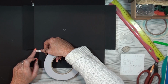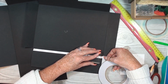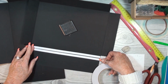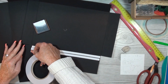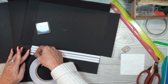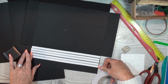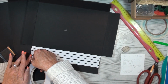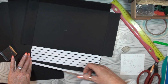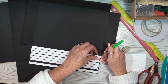And I know I don't have to go all the way to the end, but we just cut this in a minute. And when I do my tape all the way to the end, I definitely know for sure that I am all the way to the end, so it stays there, so we don't get a gap anywhere. And we just keep it up in this temp, how do you call it? In this